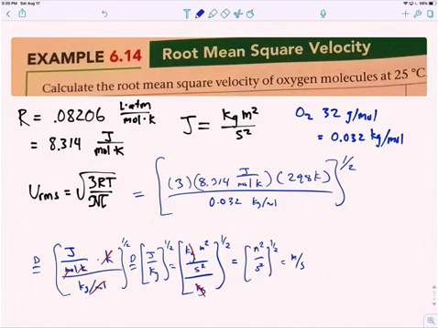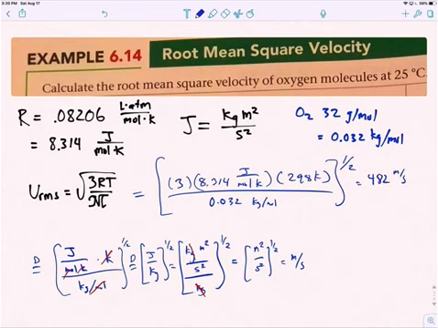So that's the reason why we have to use the joules per mole Kelvin, and we have to do the molecular weight in kilograms per mole. And doing all of that, you find out that the answer is